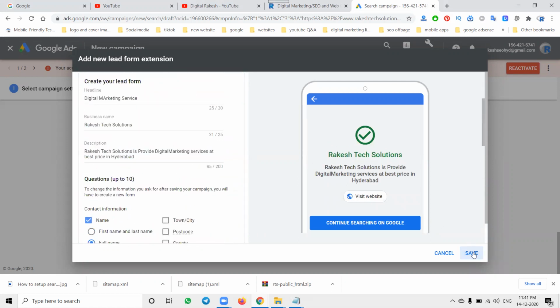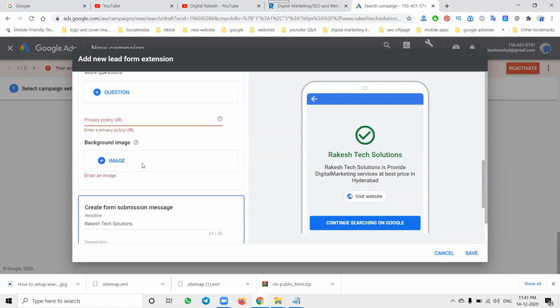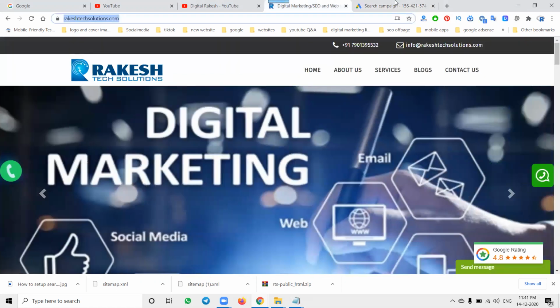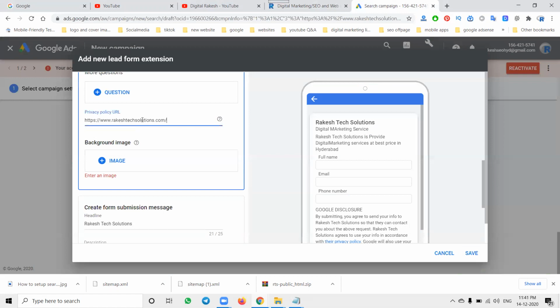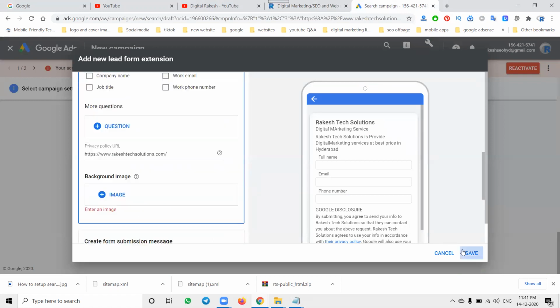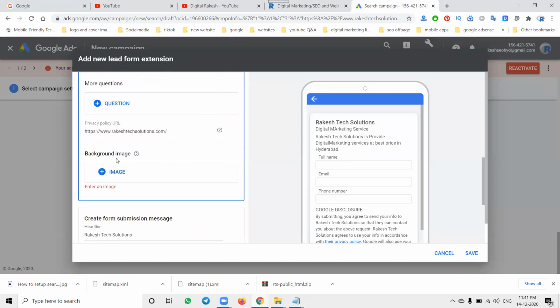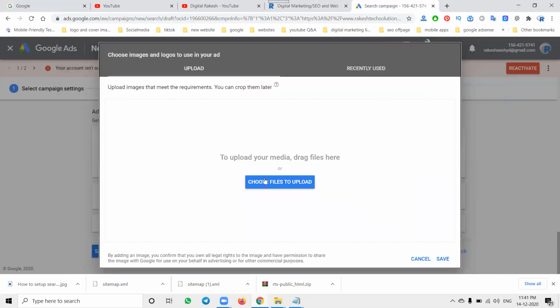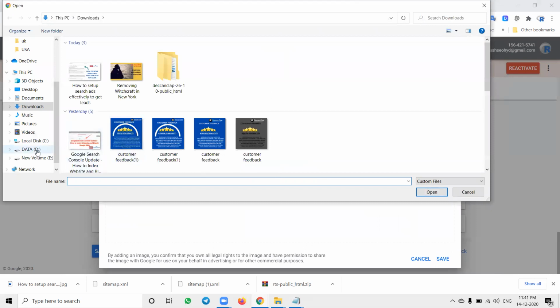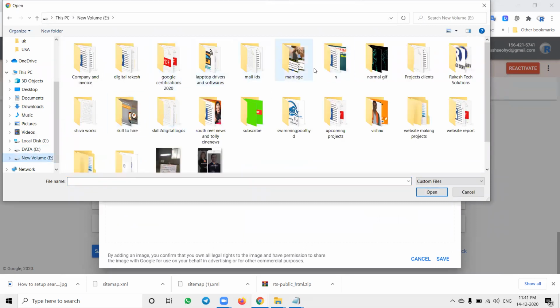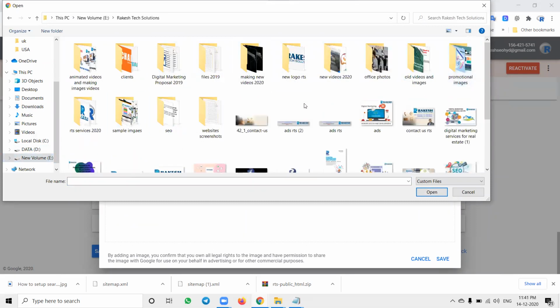So here, save. The privacy URL is compulsory and important. What is pending here? You can check the pending items. The image is pending, so uploading an image is compulsory.